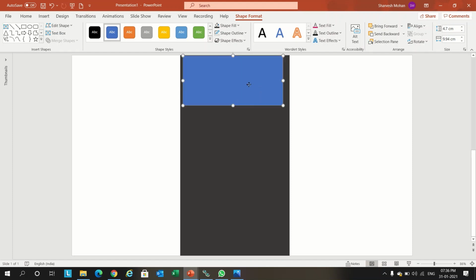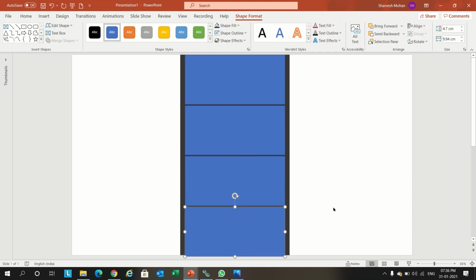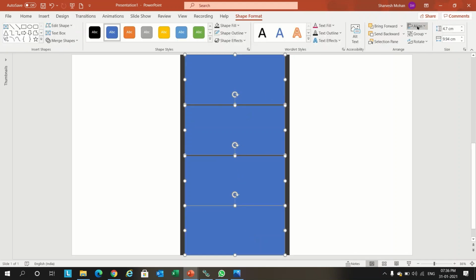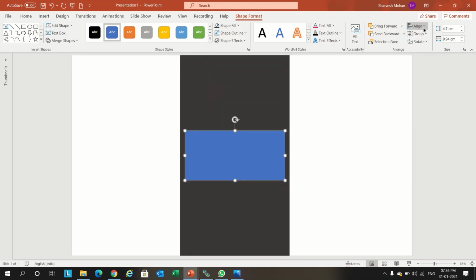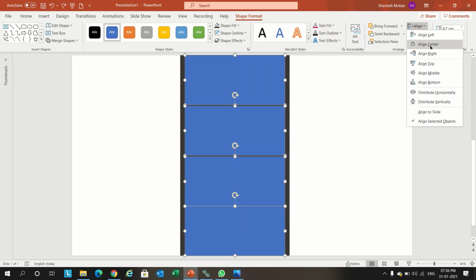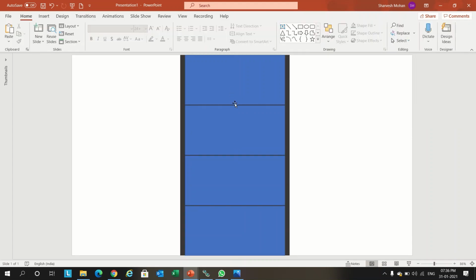We'll reduce the size and we'll Control D for duplicate. We'll make 4 copies. Now we'll select all 4 shapes, go to align center, and distribute vertically. So this will give the equal space for the shapes.